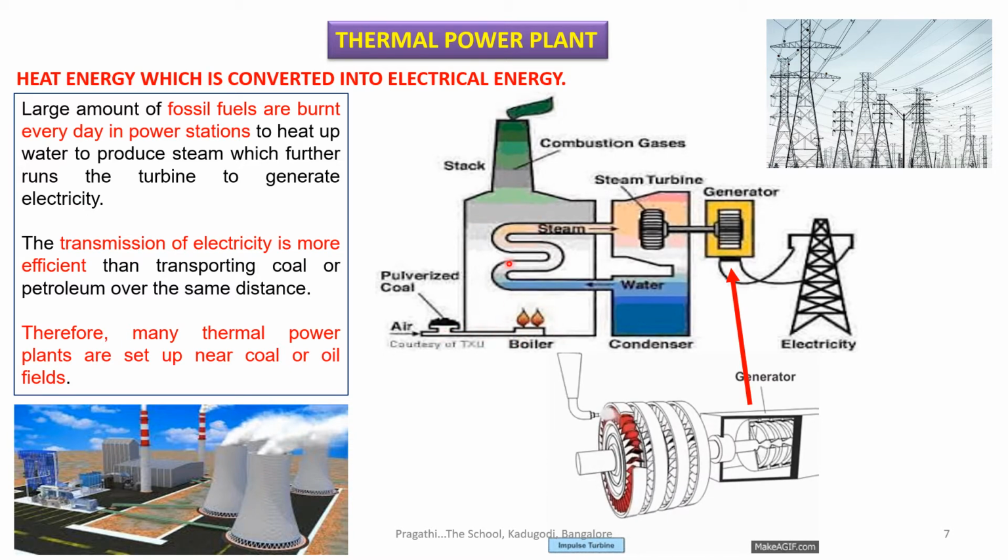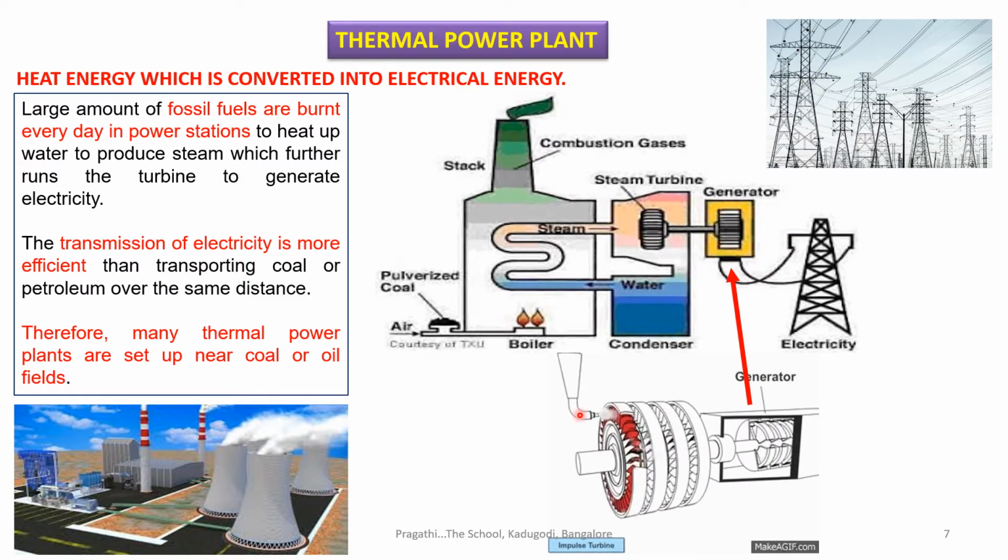In the boiler, what will happen? The water is coming here, and you can see the blue color turning into white and red. What is that? The water is getting converted into very high pressure steam, and this steam comes here and is blown onto the turbine. What will happen to the turbine? The turbine will start rotating at a very high speed. It is connected to a generator. You can see a link rod here. Once the steam turbine rotates, the generator also rotates, and thus the electricity is generated.